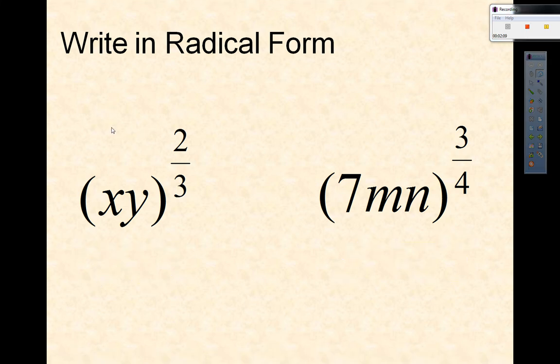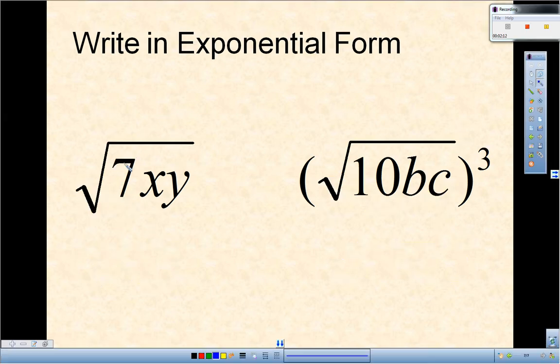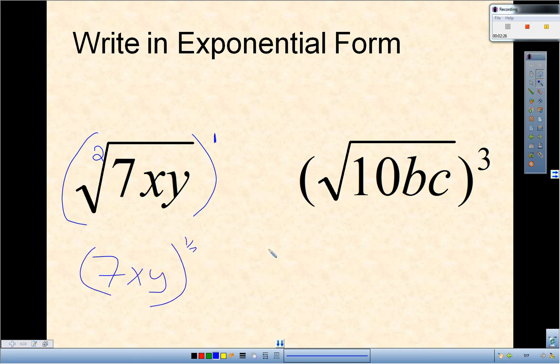Now, if you go backwards, if there is no root on the radical symbol, it's understood to be a root of 2, and if there is no power on the radical, then it's understood to be 1. So I'd rewrite this as 7xy to the 1/2 power. For the square root of 10bc to the third power, again, the understood root is 2, so I can rewrite this as 10bc to the